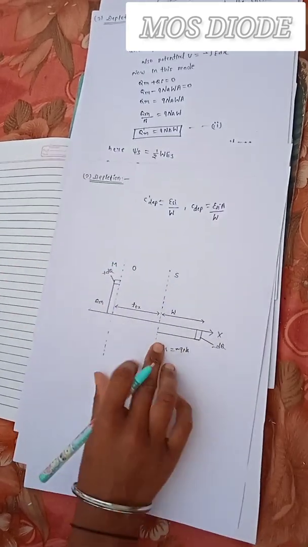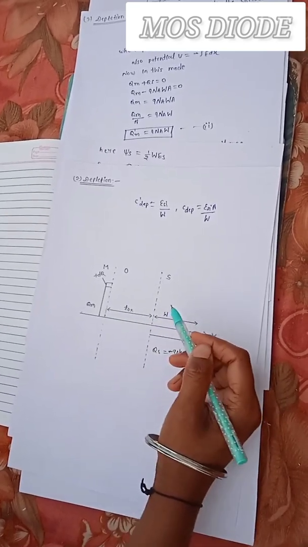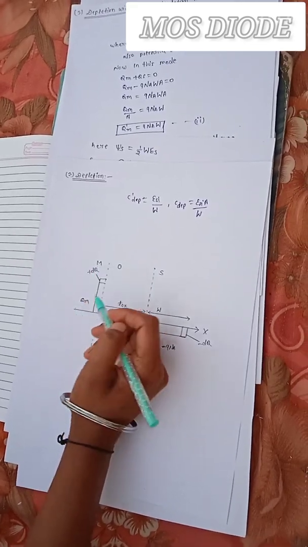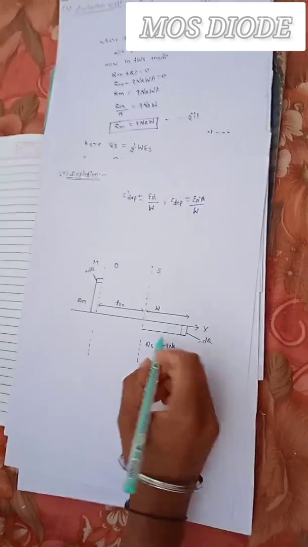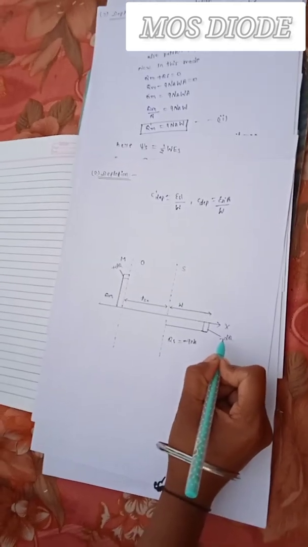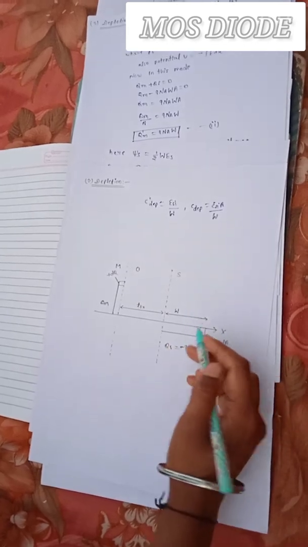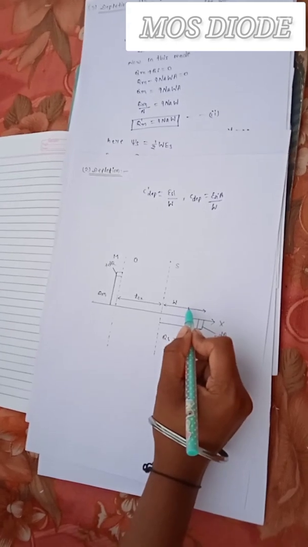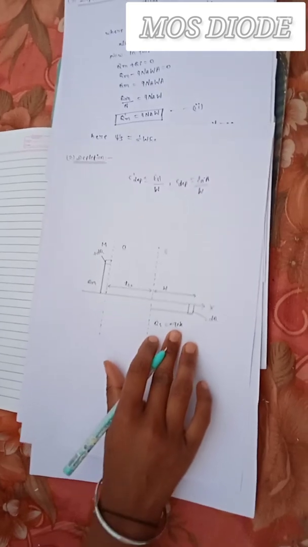Now in this figure, this part is metal, this part is oxide, and this part is semiconductor. Qm for metal plus dq is the incremental value of charge for metal, and T ox is the thickness of oxide, and for semiconductor minus dq is the incremental value of charge for semiconductor, and the value of Qs is minus qNA, and W is the maximum depletion width for the MOS capacitor.